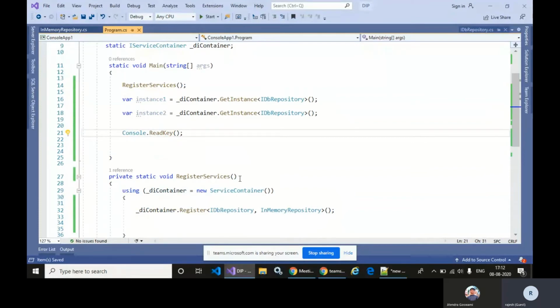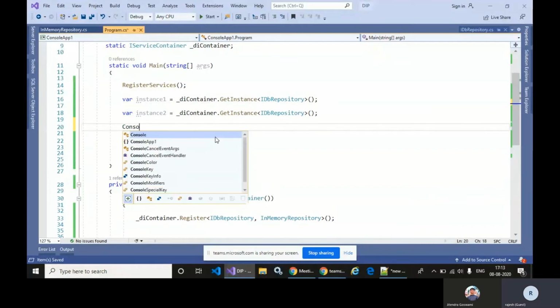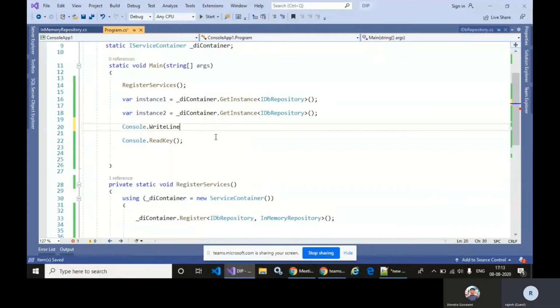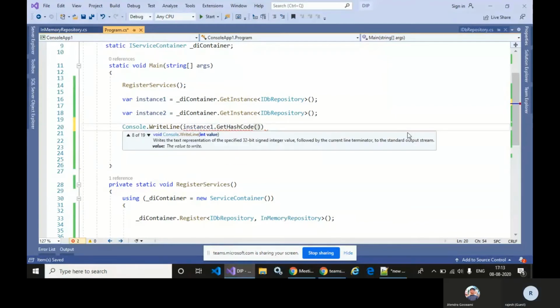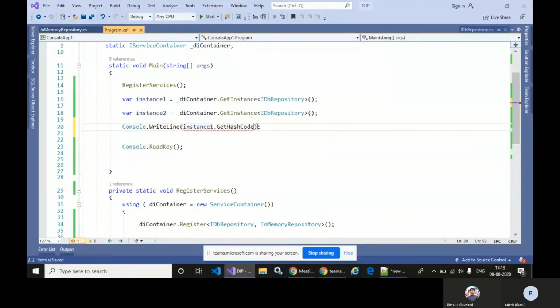There are many ways we can perform instance comparison, but today we are going to use the .NET Framework inbuilt method, and it's available in the object base class. The method name is GetHashCode.